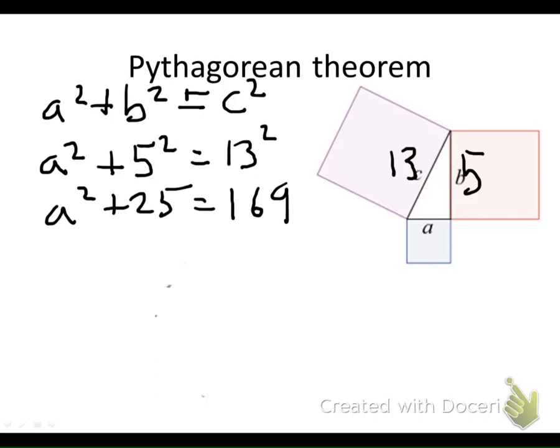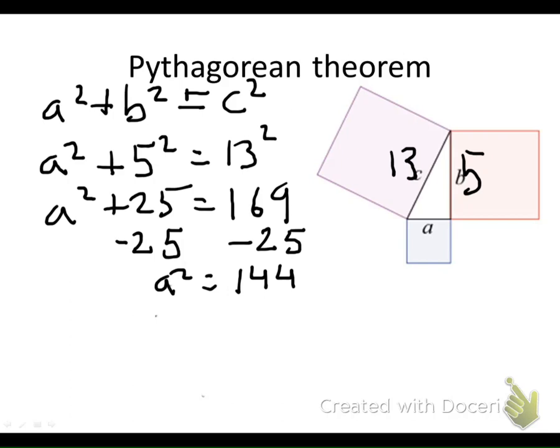This requires me to remember a bit about solving equations. I want to get A alone, so I'm going to focus on the things that are on the same side as A, namely that 25. To get rid of a plus 25, I subtract 25 from both sides. That gives me A squared is equal to